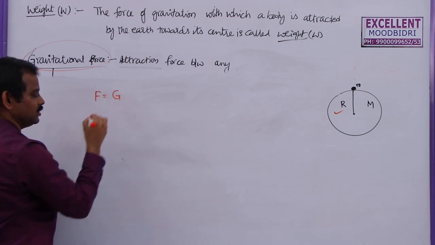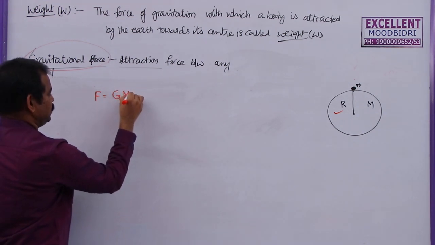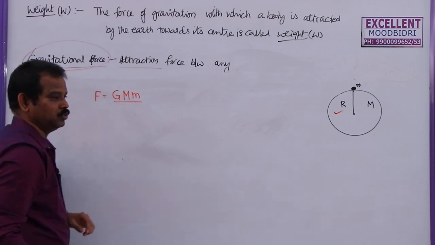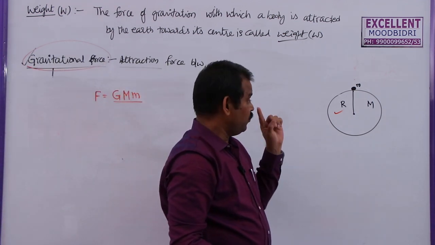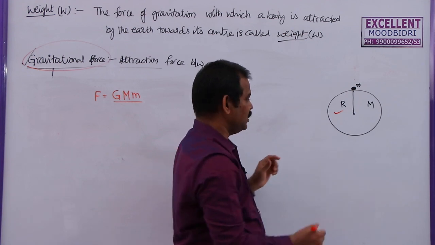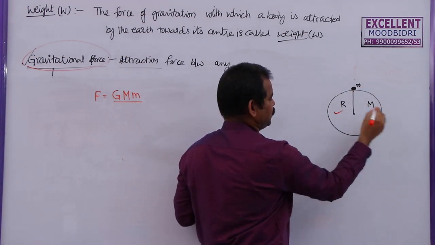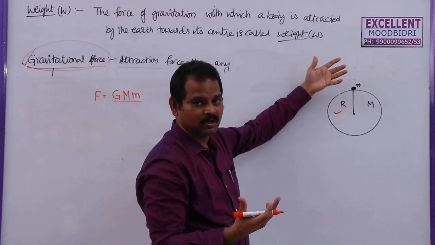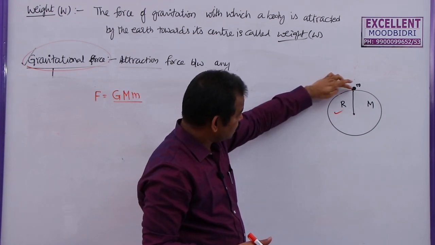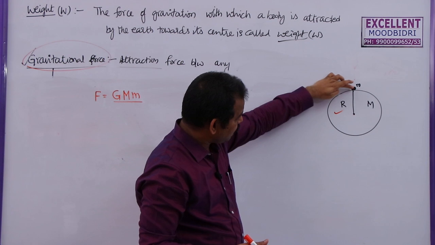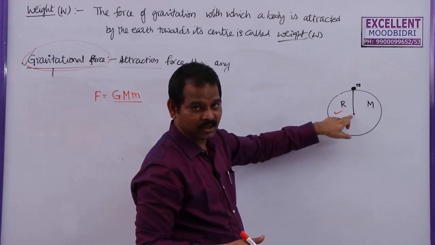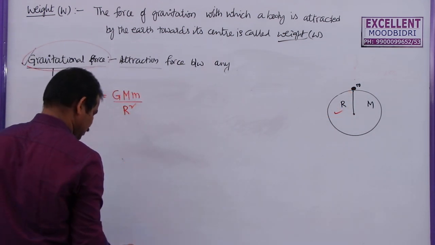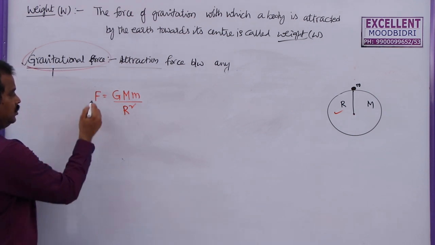The gravitational constant is capital G. Mass of the first body, that is mass of earth only, capital M. Mass of the second body, m, by the distance between these two, r square. How to find the distance between these two? Remember students, we need to consider the distance between the two centers of mass. Center of mass for this one is this, center of mass for this one is this, and the distance between these two. Some students may think that there is no gap between these two, so there is no distance. No, we have to consider the distance between the center of mass of this body and the center of mass of our earth, at the earth's center. So these two are separated by a distance r. That's why I am going to write F is equal to capital G m1 m2 by r square. This is the force of attraction.